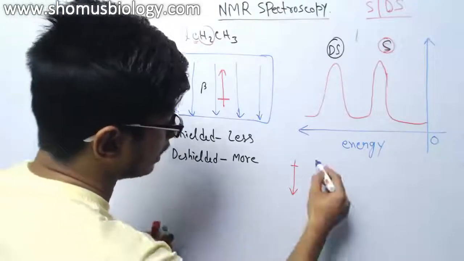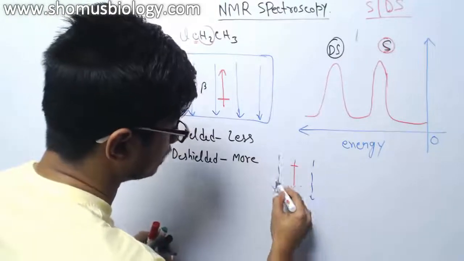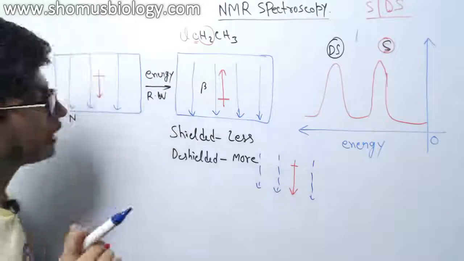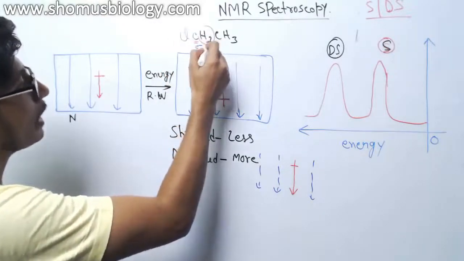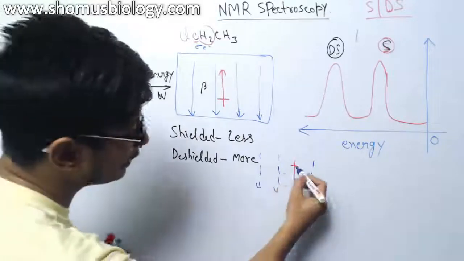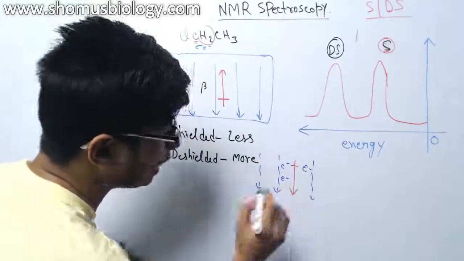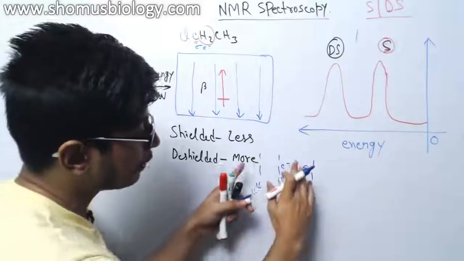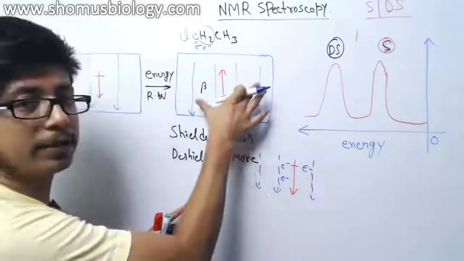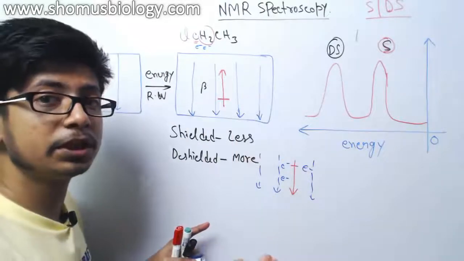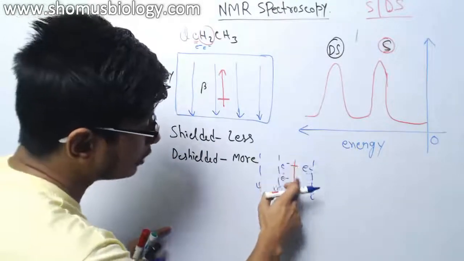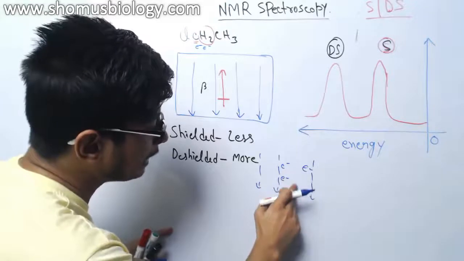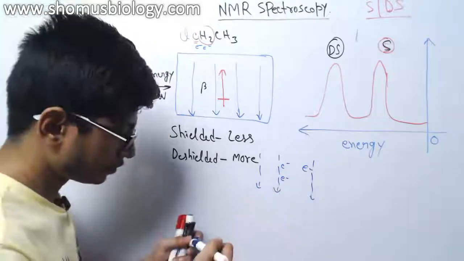It will be arranged according to the magnetic field, but there are electrons coming from the nearby carbon. Those electrons will not allow the full effect of the magnetic field that we apply in the NMR machine to this molecule. As a result, this hydrogen will not properly align with